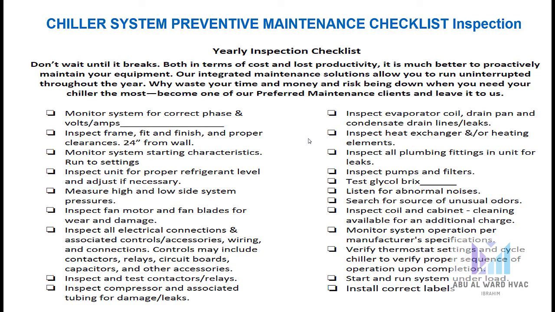In this type of inspection, we have to do some annual inspection checklist items, including monitor system for correct phase, volts, amperes, inspect frame, fit and finish, and proper clearance, monitor system starting characteristics, run to settings, inspect unit for proper refrigerant level and adjust if necessary, measure high and low side system pressures, inspect fan motor and fan blades for wear and damages, inspect all electrical connections,